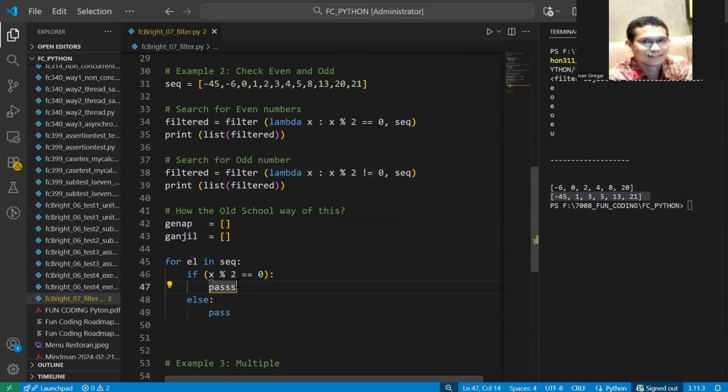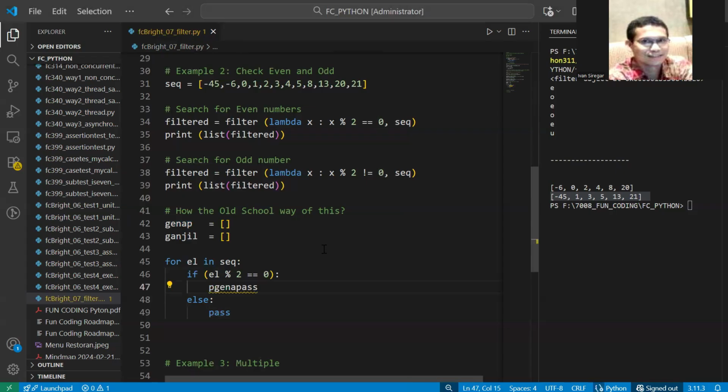Okay, this is the structure. From the sequence, which is the list, you take one by one as the element, and then you check whether divide mod 2 equals 0 or not. If so, then the genap here will be appended.